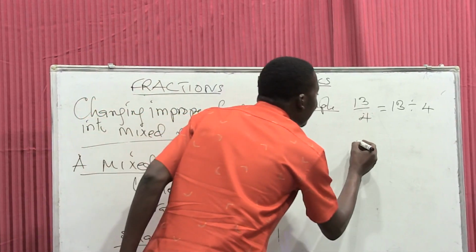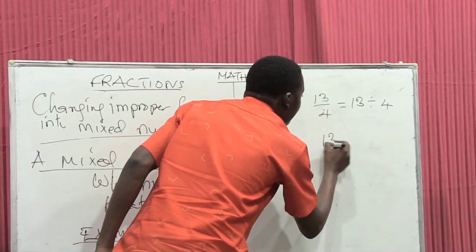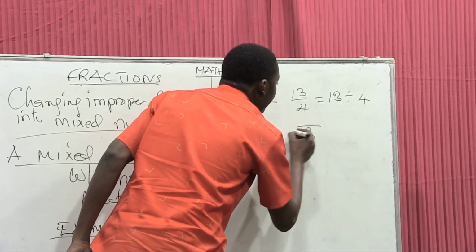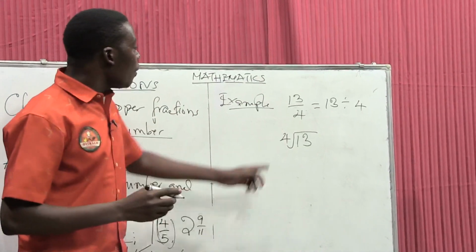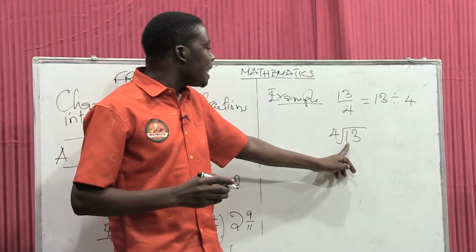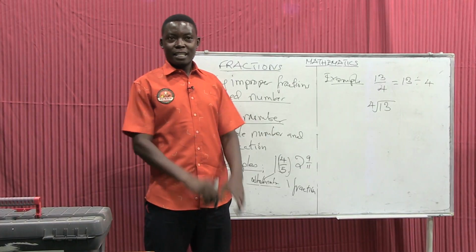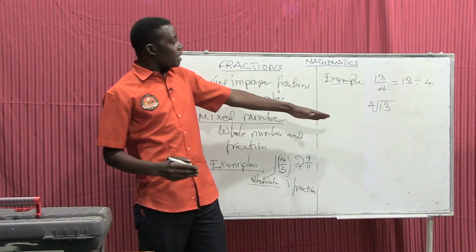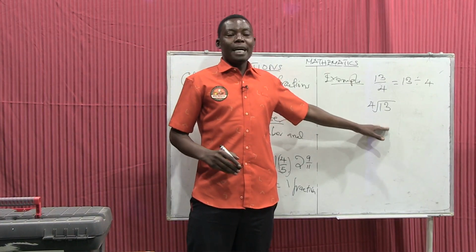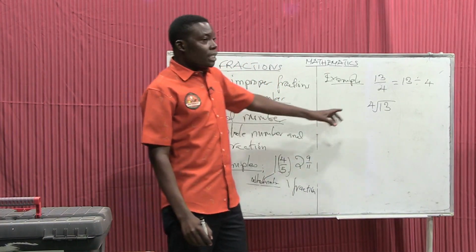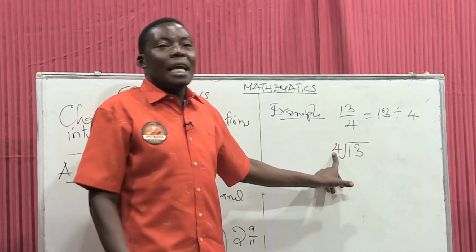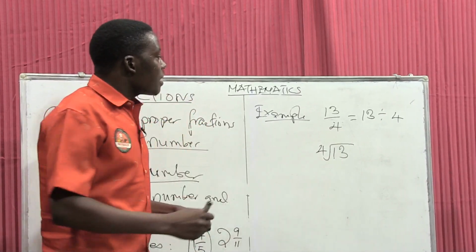So, if you take 13, now we divide 13 divided by 4. 4 times how much do you get 13 or near to 13, but not exceeding? Applying the concept of multiplication table,